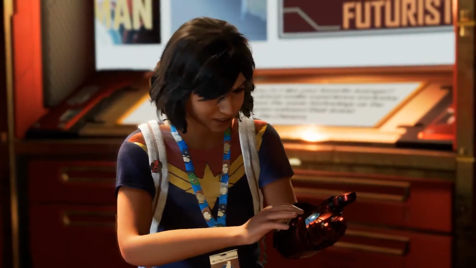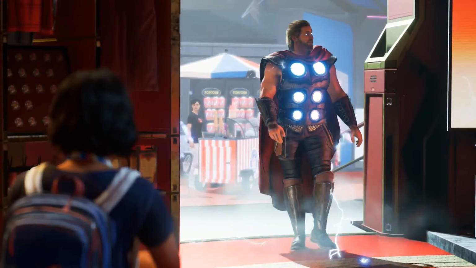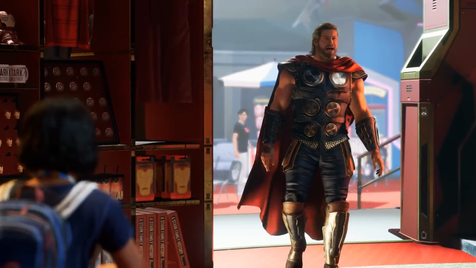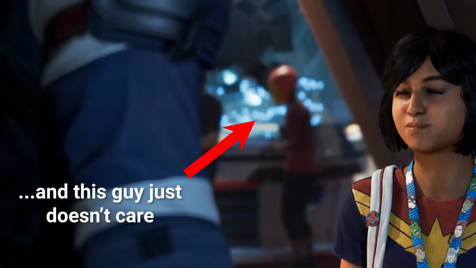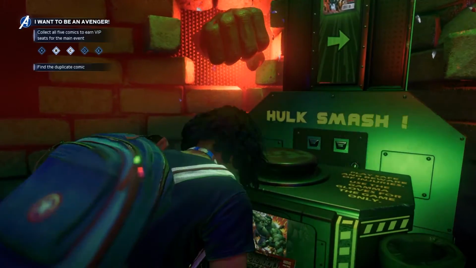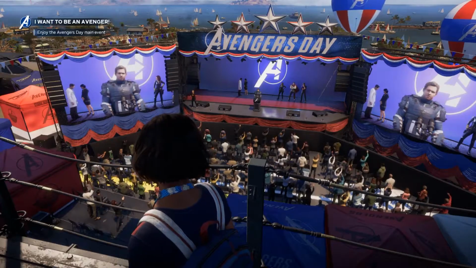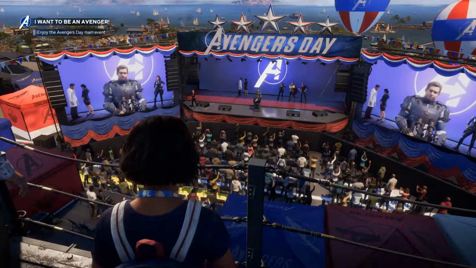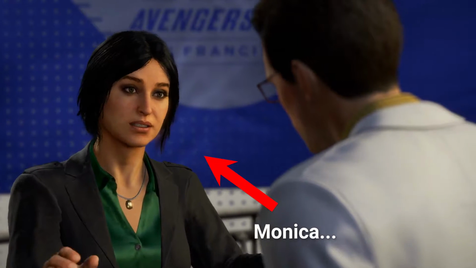And let's be honest, it's just kinda weird that the Avengers she gets to meet there only have attention for her and not so much for the people around. And everyone around her doesn't really seem to care that they're there. But anyway, if Kamala is able to find all the 5 comics, she can get access to the VIP deck, where she can see a speech by all the Avengers together with this scientist called George Dalton and his colleague Monica